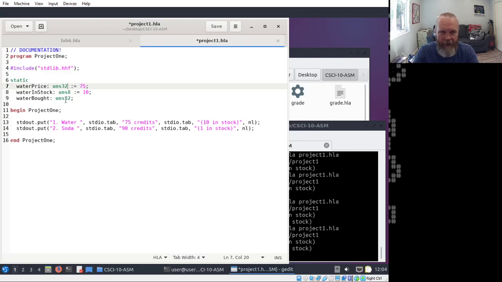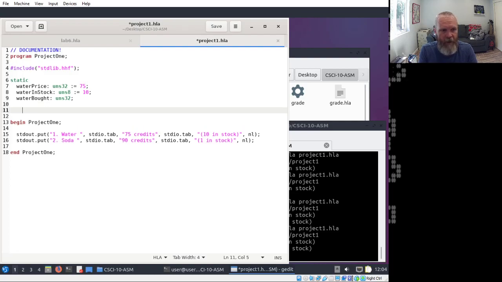So I hope that makes sense. Sometimes you sort of upsize your variables knowing that you're going to be doing things like multiplications with them, and you want to make sure you have a lot of room to grow. The water in stock part itself, though, is literally just counting down to 0, and that's it. I'm not going to multiply it with anything, but I am going to multiply prices and the amount of things that were bought.